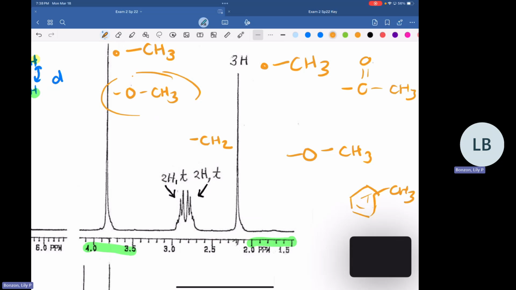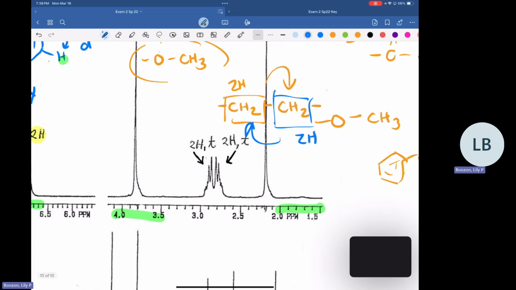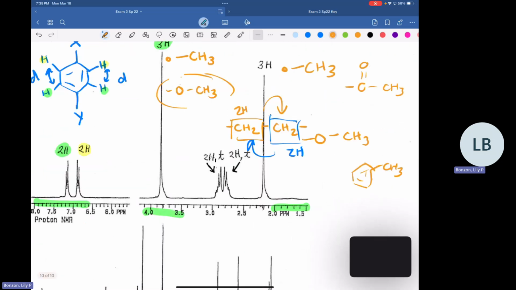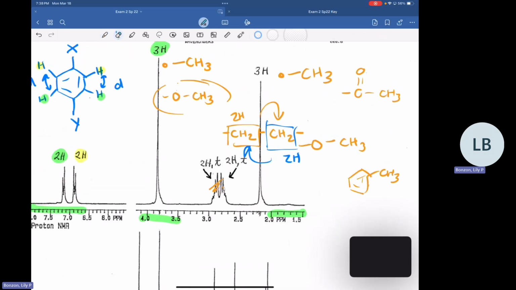We have a triplet, so that means that it's going to be adjacent to a carbon with 2 hydrogens. And since they're so close together, these are most definitely going to be connected to each other. Again, they kind of check each other out. If we're looking at this one, 2H with a triplet, so 2 neighbors, that checks out. If we're looking at the one on the right, 2H with 2 neighbors, that checks out. So adding to our list of pieces, we've got a CH2, CH2, and they're not going to have any neighbors on their other side because that would affect that splitting.